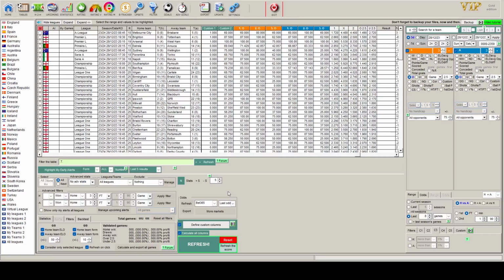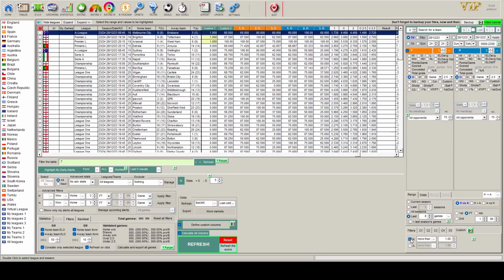And the home and away average for over 2.5 goals in a game has to be above 60. So we've managed to get all of our logic into one field there, which is great. It's nice and compact. So now all we need to do is go to custom and select